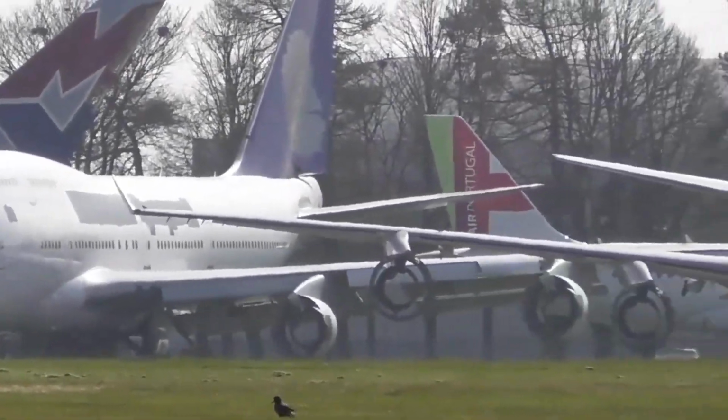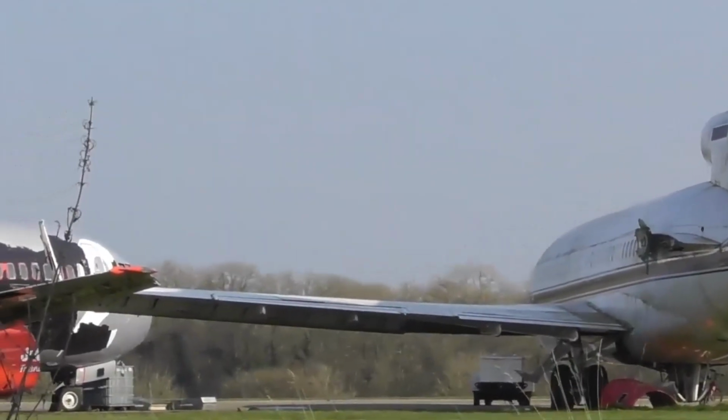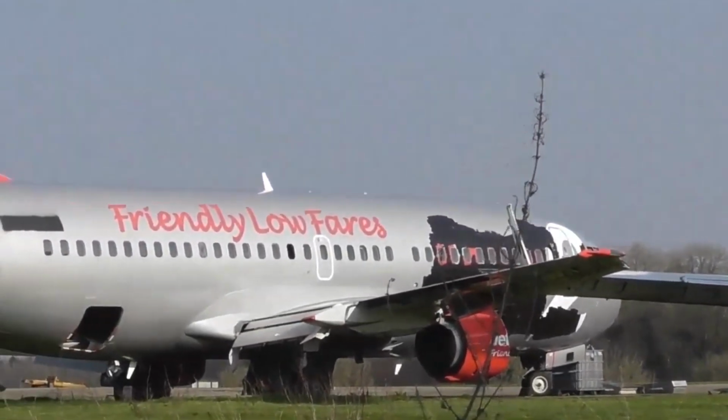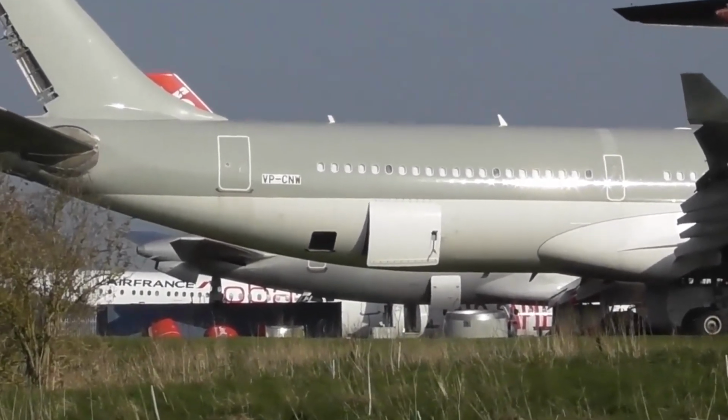Cotswold Airport at Kemble in Gloucestershire. It's the UK's largest aircraft graveyard, with dozens of planes stored here awaiting their appointment with the scrapman. To put it simply, it's where old planes come to die. But that isn't necessarily always the case, because sometimes aircraft that come here get to move on and have a